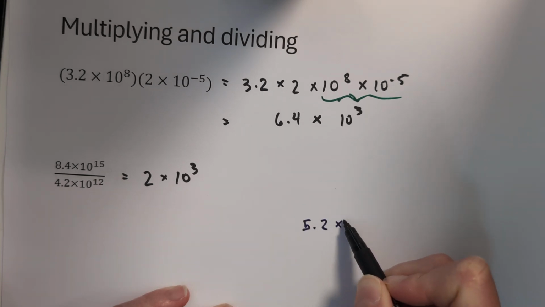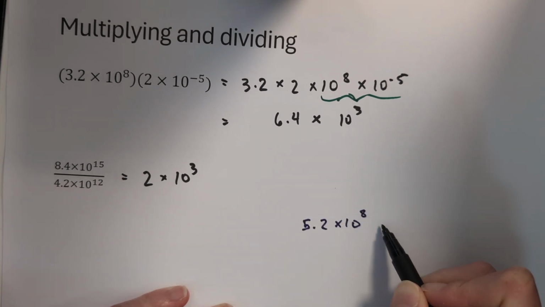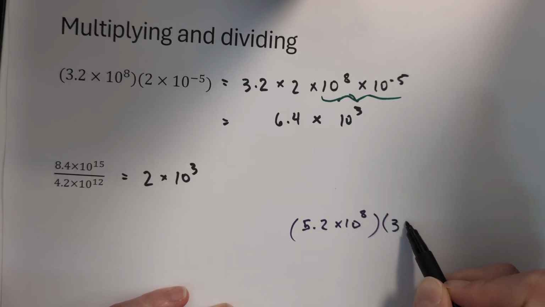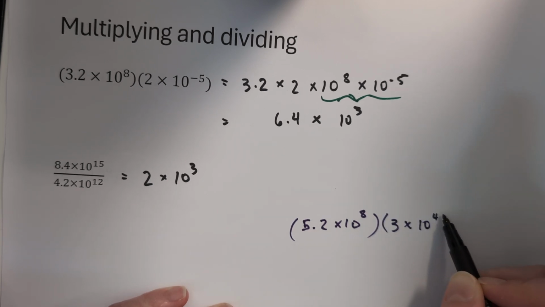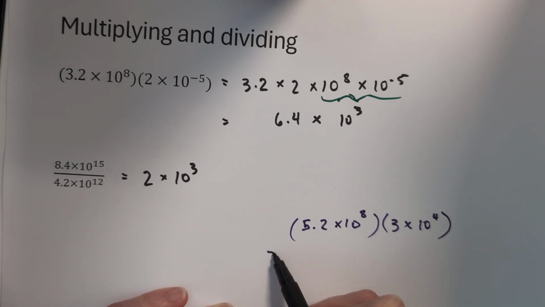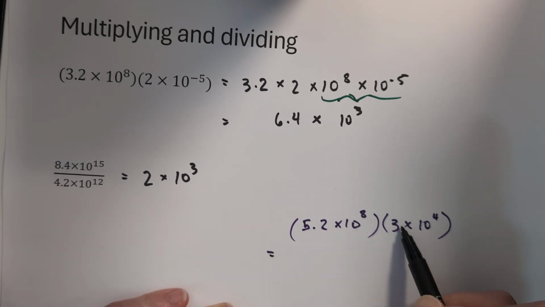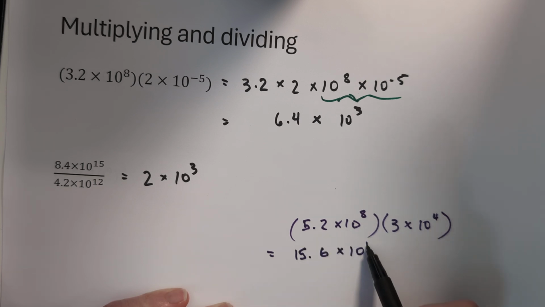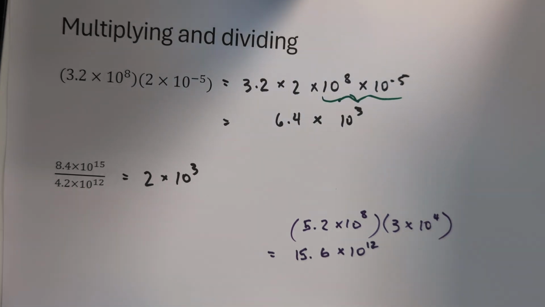5.2 times 10 to the 8th, times, we'll say, 3 times 10 to the 4th. I could reorder these, and what I would see, well, 5.2 times 3 is going to be 15.6. And I have two things being multiplied with the same base, so I can add their exponents. But this is not scientific notation. So it's important now to be able to say, I actually need to move that decimal over. Okay, so that decimal being moved over one place,